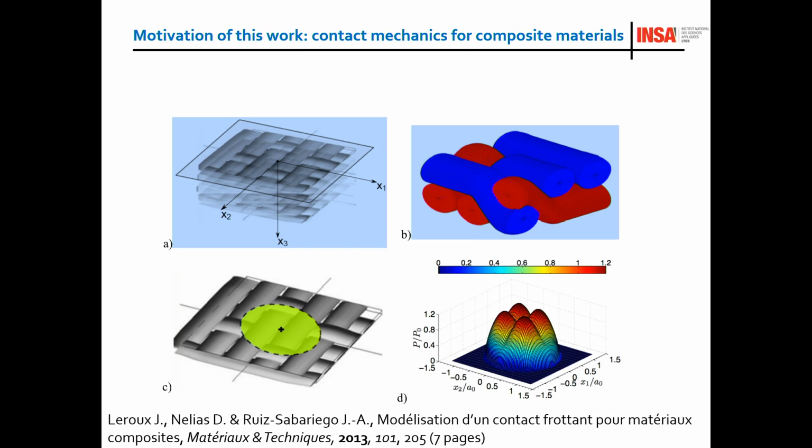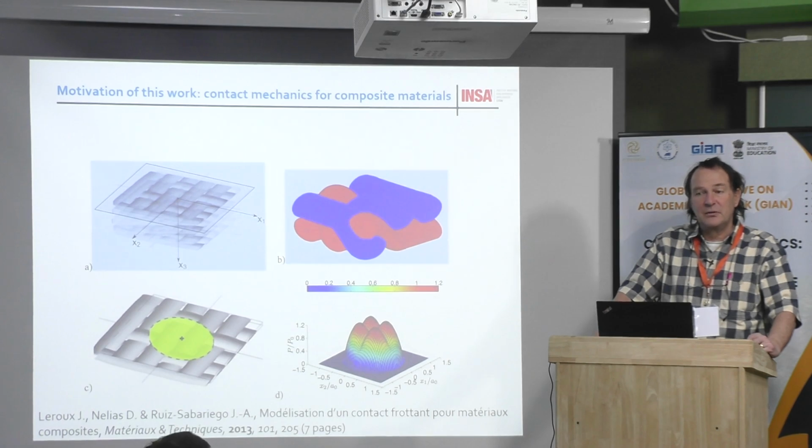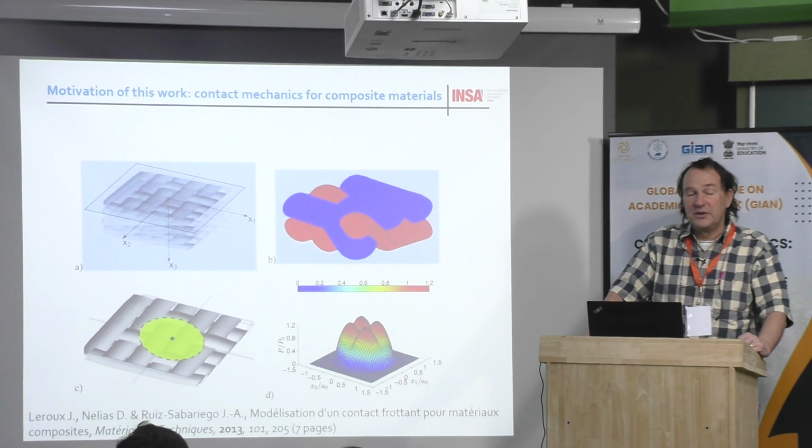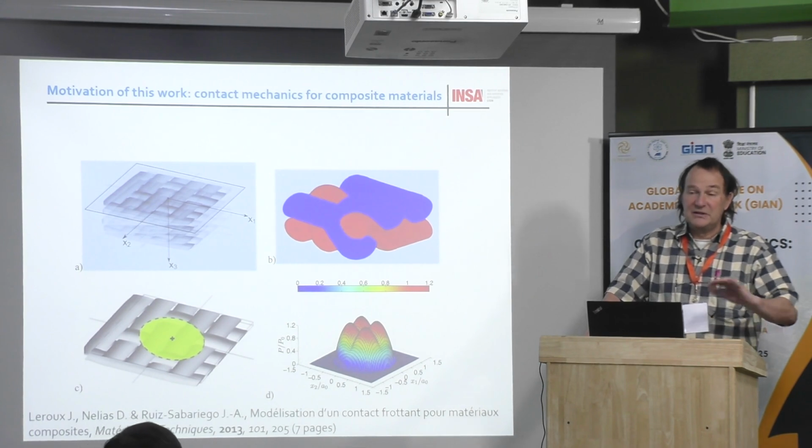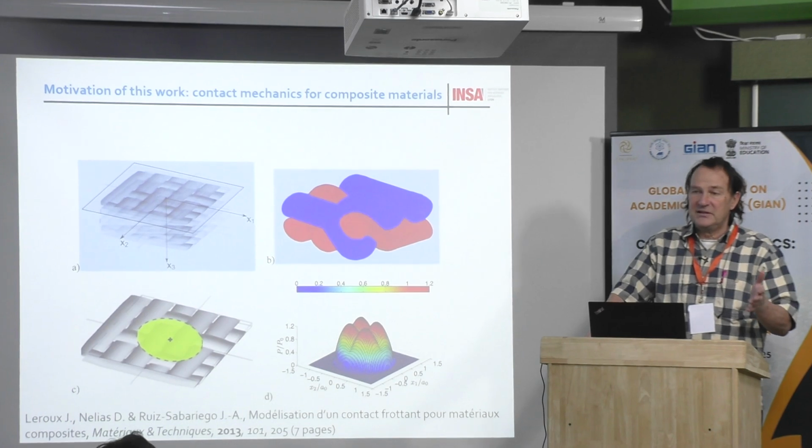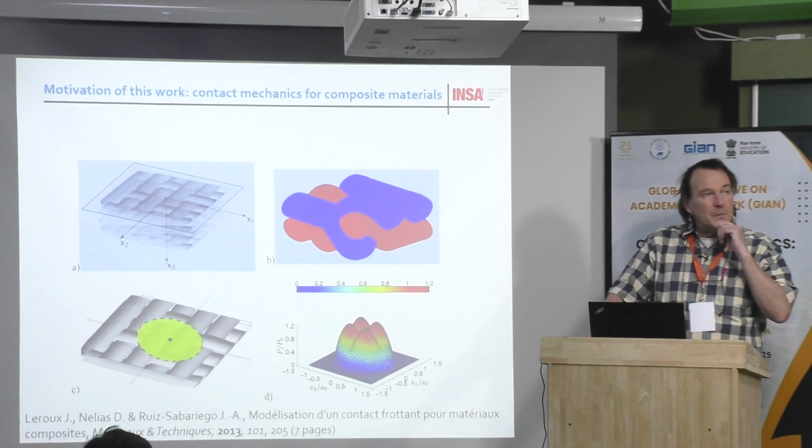the effect of inclusions and heterogeneities on the contact problem. Okay. This time the motivation of the work is the problem of contact between composite materials and steel materials, for example. You know that for new engines, very often the first stage of the compressor is made with composite blades, and then the contact between the blade roots and the disc is a contact between a composite material and steel. Okay. Maybe this is not in the slides, but maybe I will show you later.